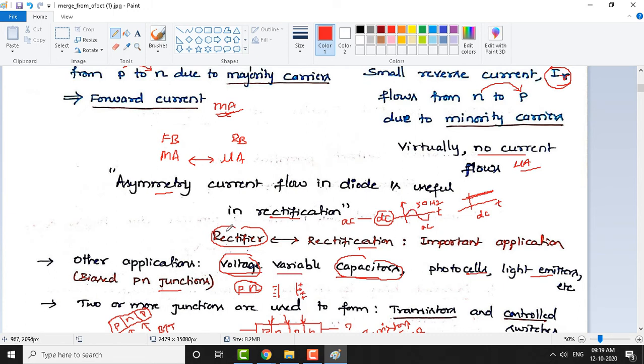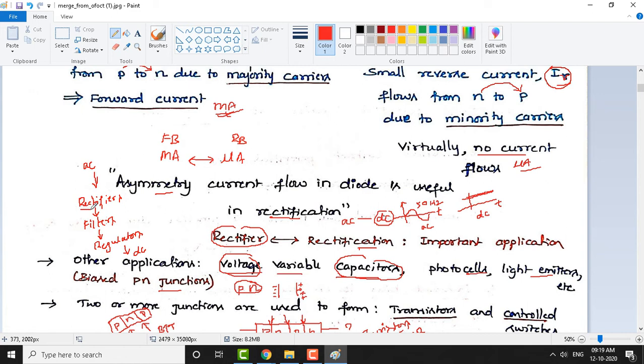Rectifiers are followed by other circuits like filters. First is rectifiers, of course. Following this, you need to apply the output of a rectifier to a filter. Then you need to apply this to the regulators, Zener diode based regulators. So then you are going to get perfect DC. The input for this rectifier is AC.